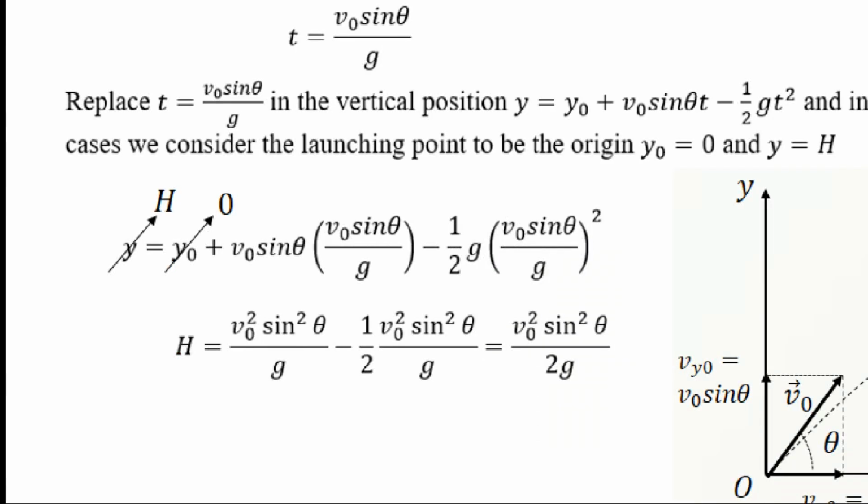So in this case, what do we have? We have V0 multiplied by V0, which is V0 squared, sine theta multiplied by sine theta, sine squared theta, divided by g, minus half, and this power 2 is 4, the numerator and the denominator, and that would be V0 squared sine squared theta divided by g squared, but this cancels with this, we're left with the g. And here notice that for this step, the factor here is 1, and we know that 1 minus half, that would give us 1. For this reason, the final result, which is the maximum height, is given by V0 squared sine squared theta divided